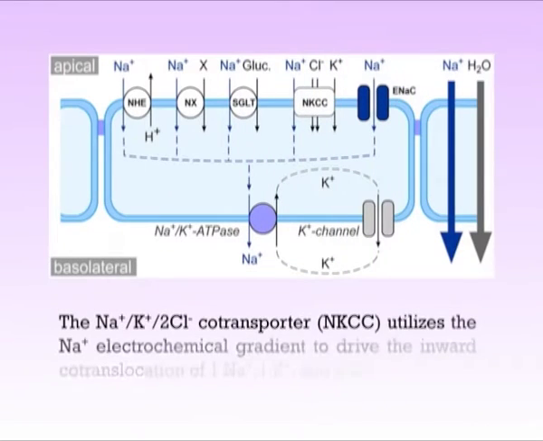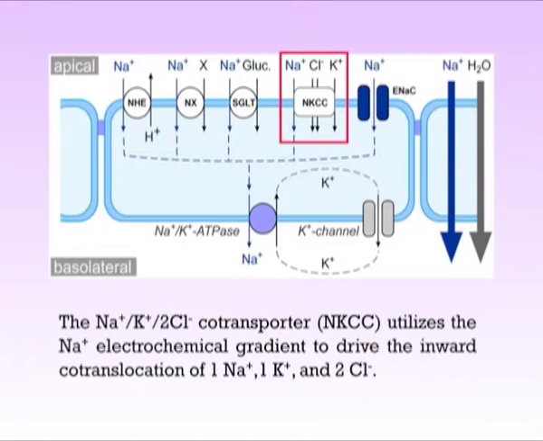And they belong to the same family of transporters and are all electroneutral cotransporters. The sodium-potassium chloride cotransporter, or NKCC, utilizes the sodium electrochemical gradient to drive the inward co-translocation of 1 sodium, 1 potassium and 2 chloride ions. Among other places, NKCC is found in the apical membrane of the thick ascending limb of the loop of Henle,